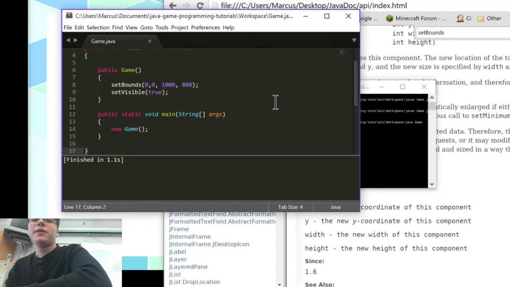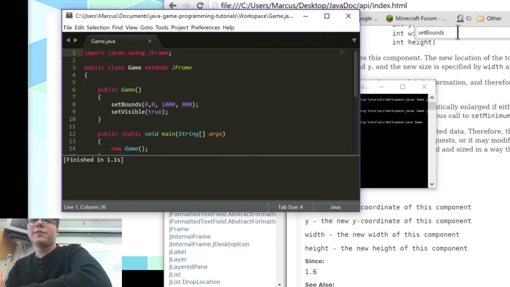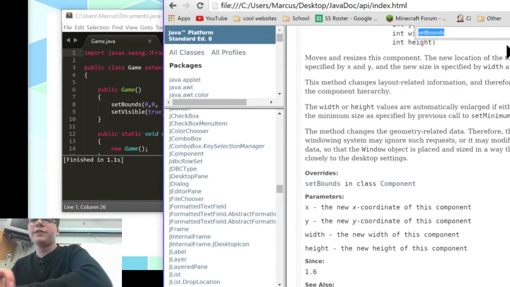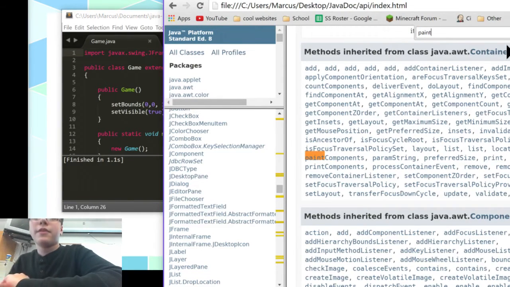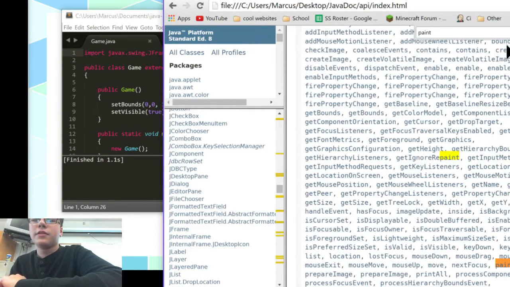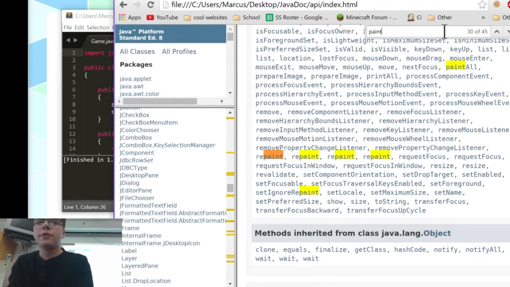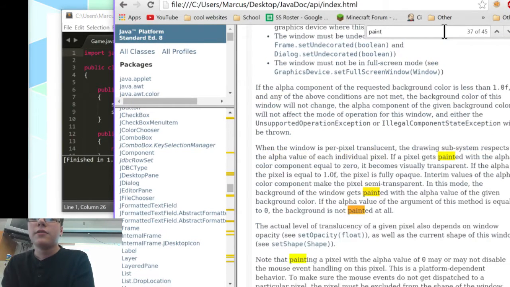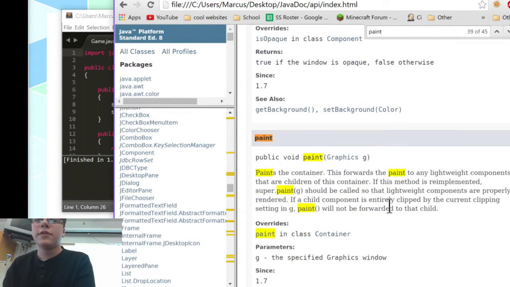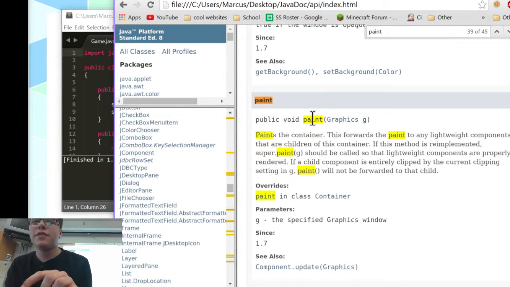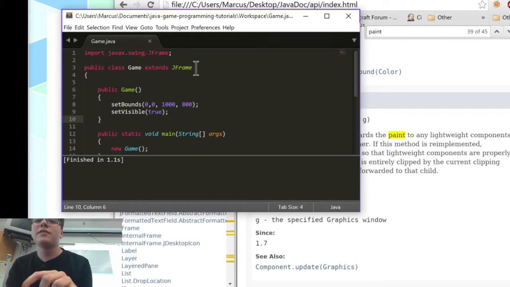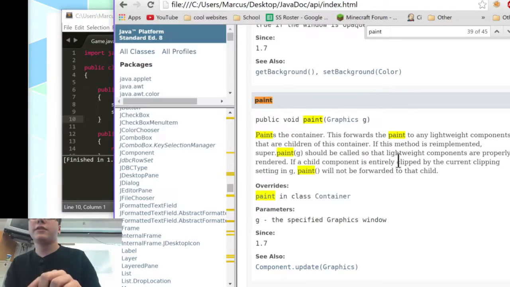Okay. So I'm not going to just explain everything about the library as I said before, but we're going to go ahead and test out a few things. There's a method within JFrame called paint. Oh, this is off the screen. We're going to use that to test out a few things. Paint, here it is. So paint is a method that takes something called Graphics. So this is a method we're going to put in here.